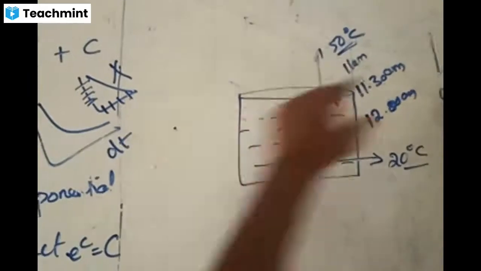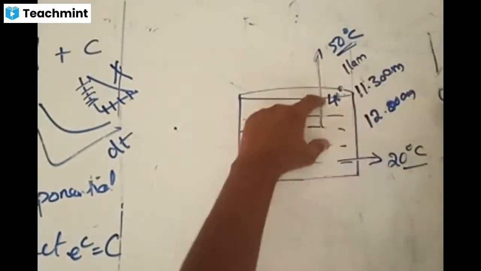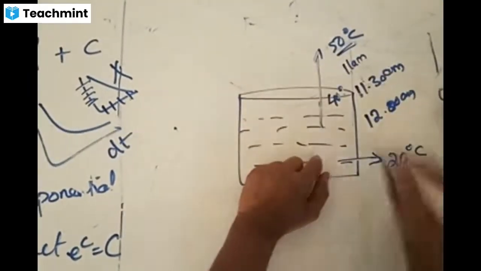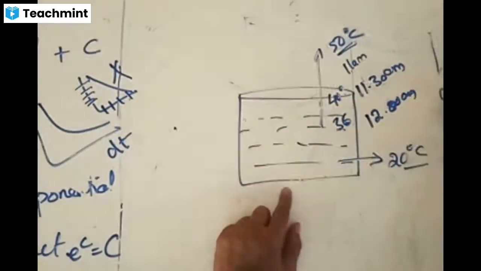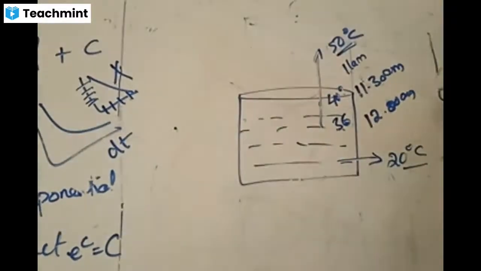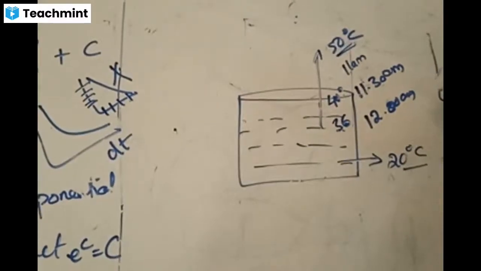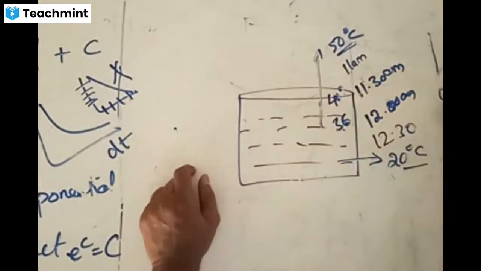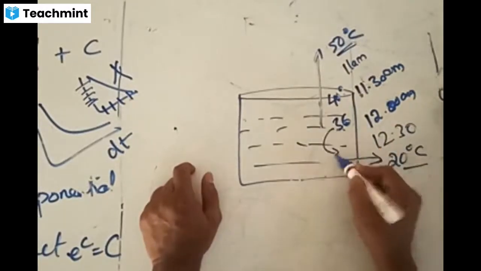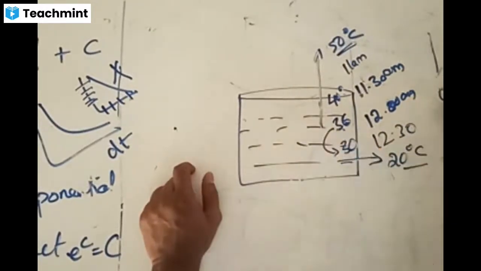Now in the second 30 minutes, it will not go to 30, it will now go to 36 or 34, like that. Some other change is going to be there. Not equal changes. We cannot say equal changes, it is non-uniform also. Exponentially something different. Now again at 12:30, from 36 it now comes to 30.